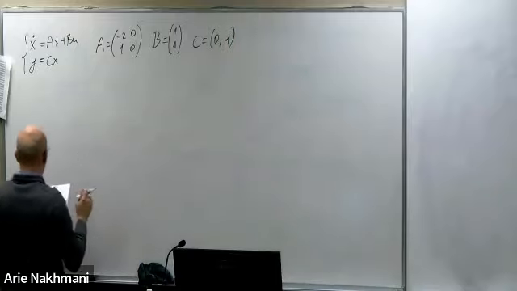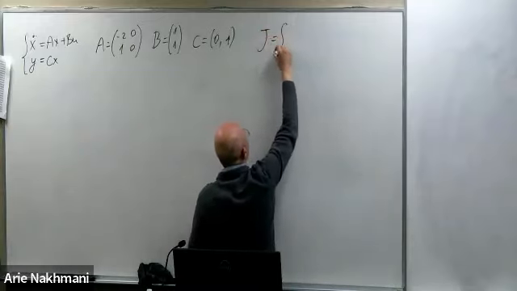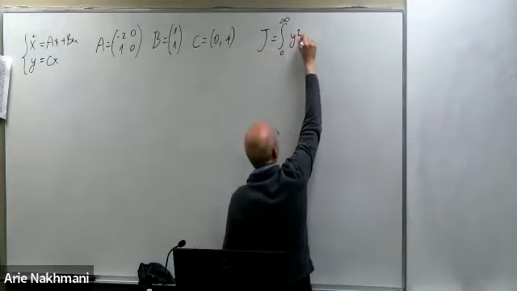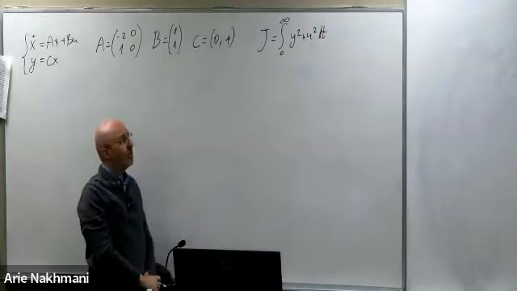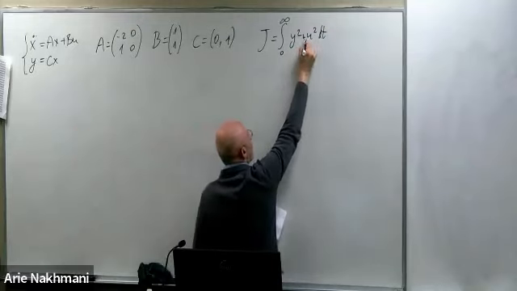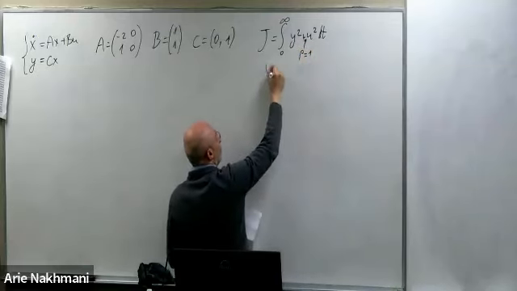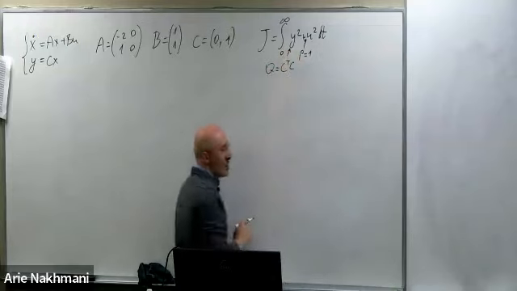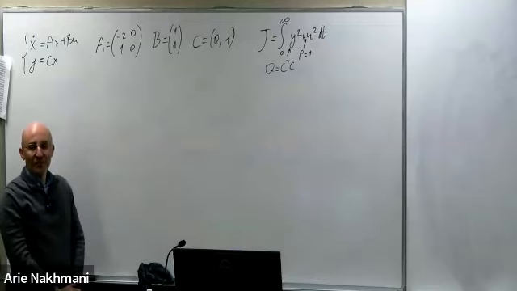I want to design an optimal controller. And my J will be what I want to optimize. It's the integral from 0 to infinity of y squared plus u squared. Something simple. Okay, so in that case, rho equals 1. This is what multiplies this term. And Q is C transpose C. You remember how to get y squared instead of x transpose Q x.